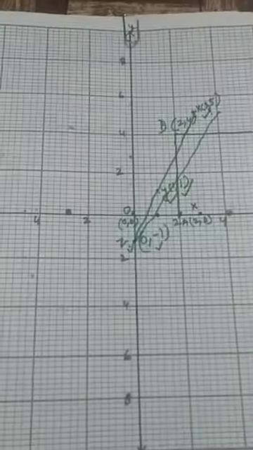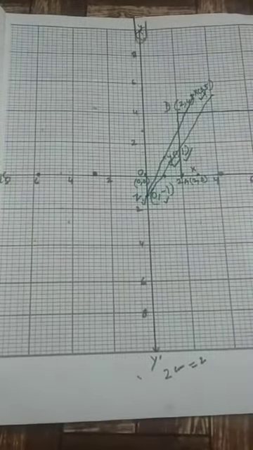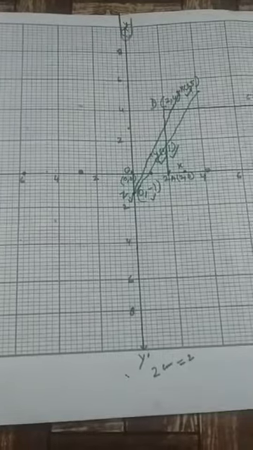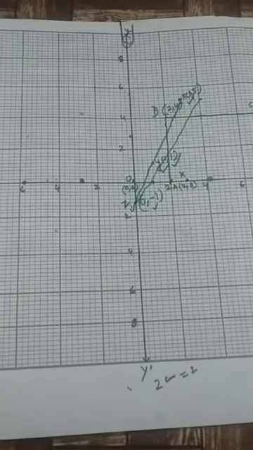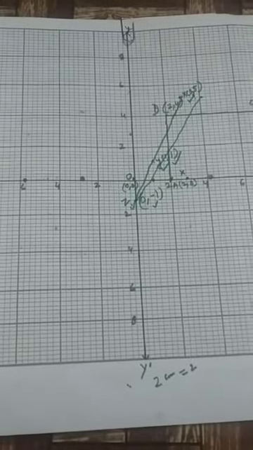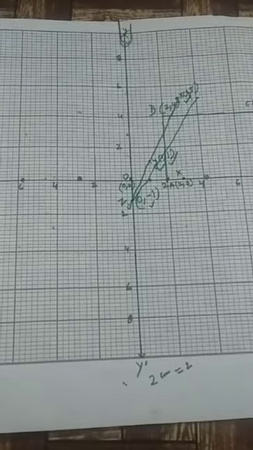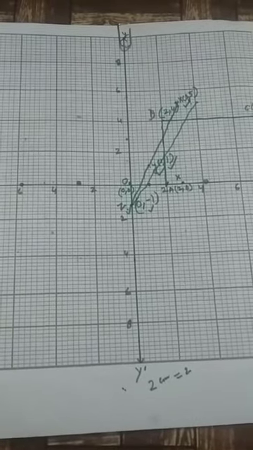Okay. The second question you have to do in the same way. Students, you have to do these questions. You have to complete exercise 26A. If you have any doubt, you can send your doubts in the comments in Google Classroom. Okay, so I will solve your problems and send them back to you by Saturday evening.